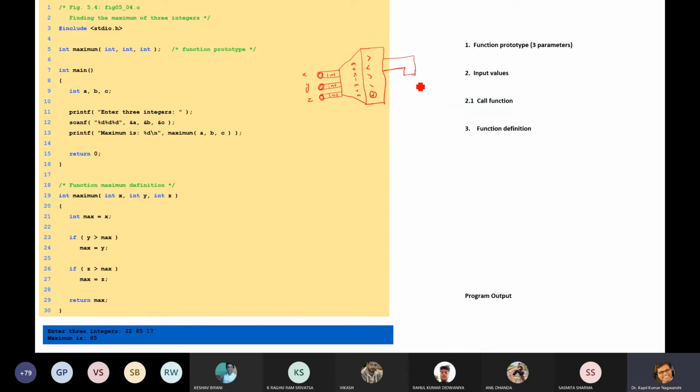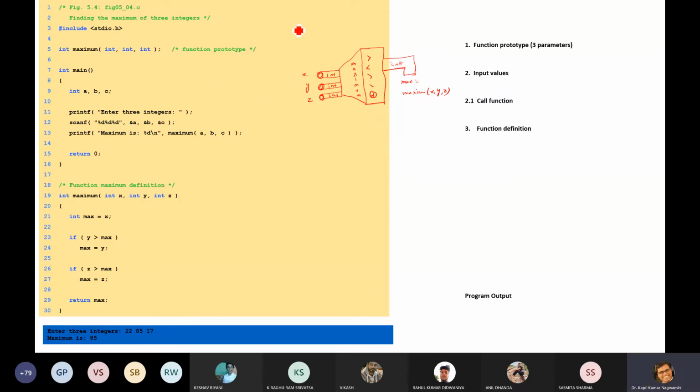This value is max, and its type is also integer. It returns max equals maximum X, Y, Z. So this is our function.